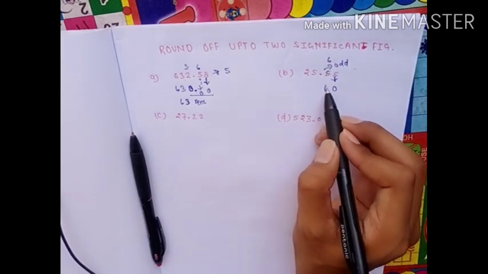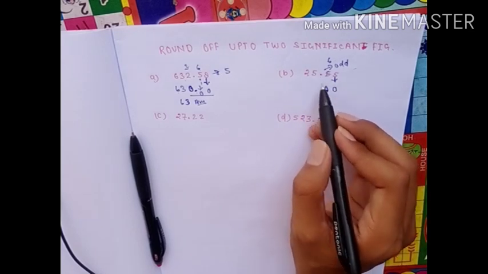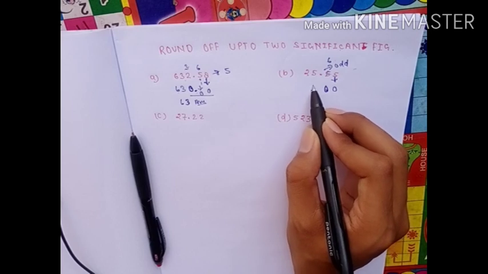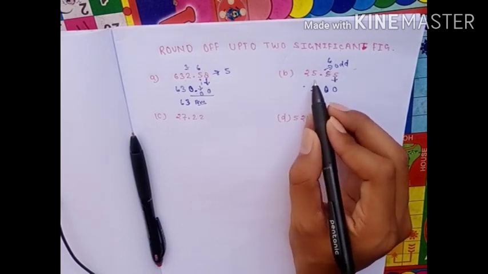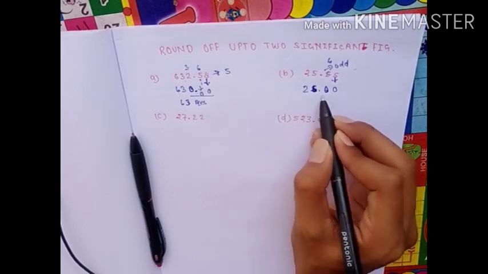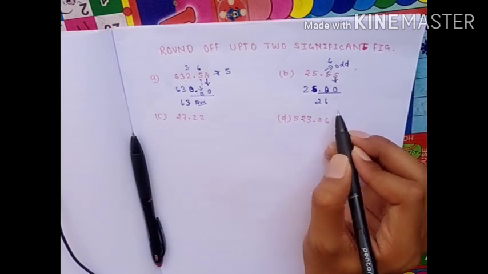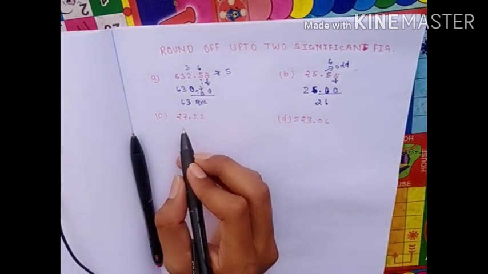when you drop 6, the 6 will become 0, and the preceding digit will be increased by 1 because 6 is greater than 5, so it becomes 26.00. Remove all these things, and 26 is the answer. Are you understanding this? Okay,